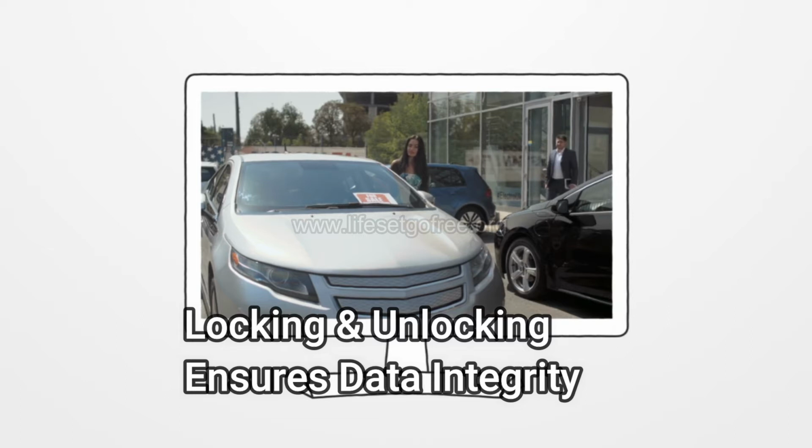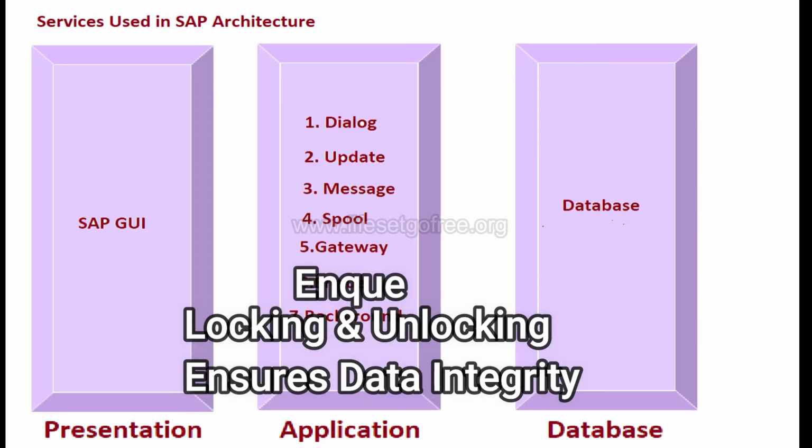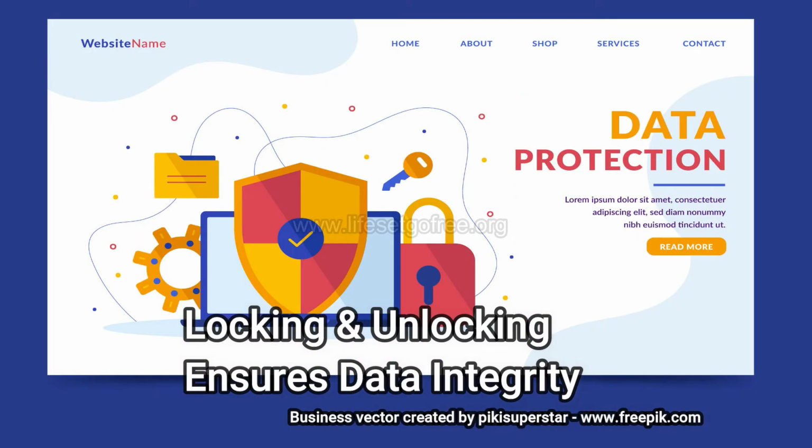Then what you have to do: if someone is looking at this car or some data, it should be temporarily locked so that it is not available to other persons for the time being. Once either the sale is completed or cancelled, it should be available again, or it should be shown that the car is sold. This process of locking and unlocking is known as NQ service. NQ service provides the locking and unlocking of objects.